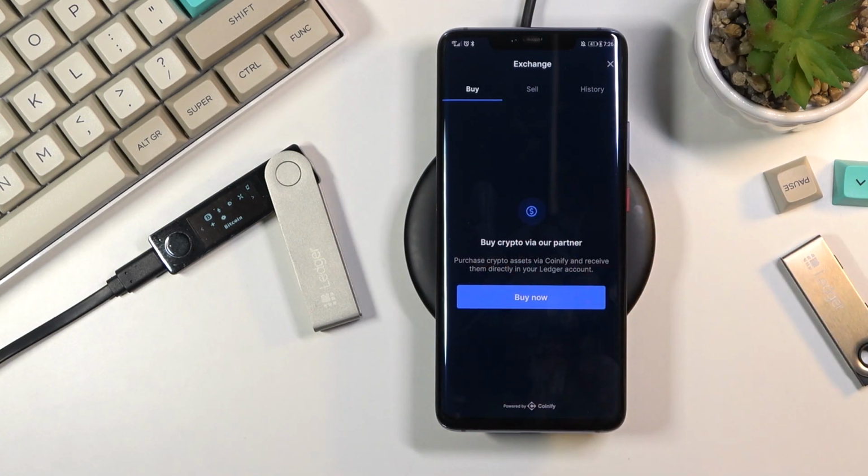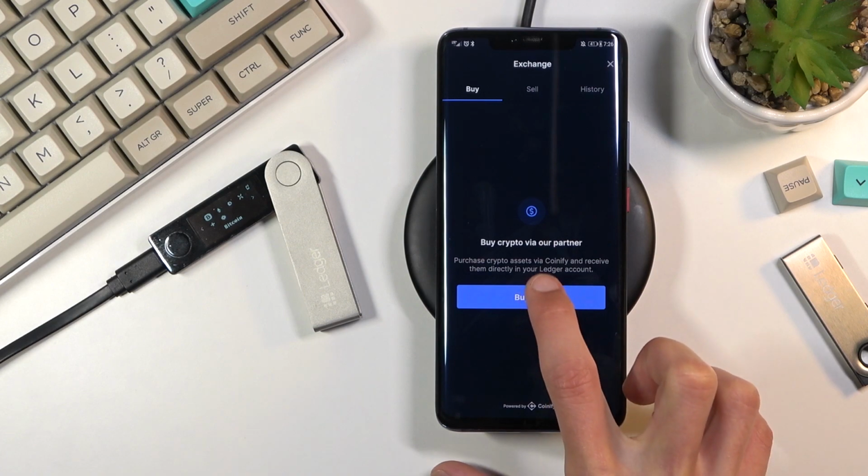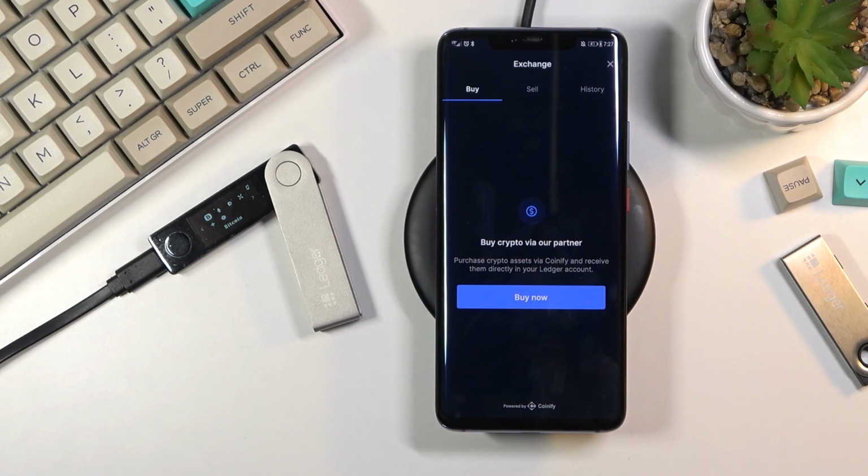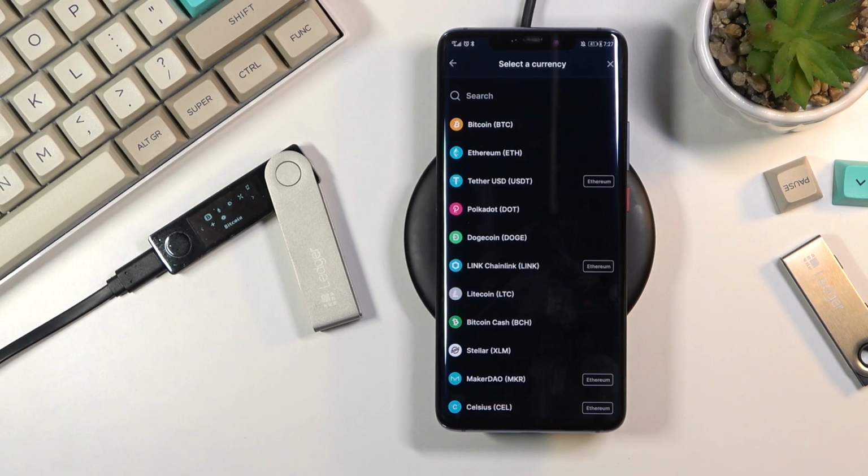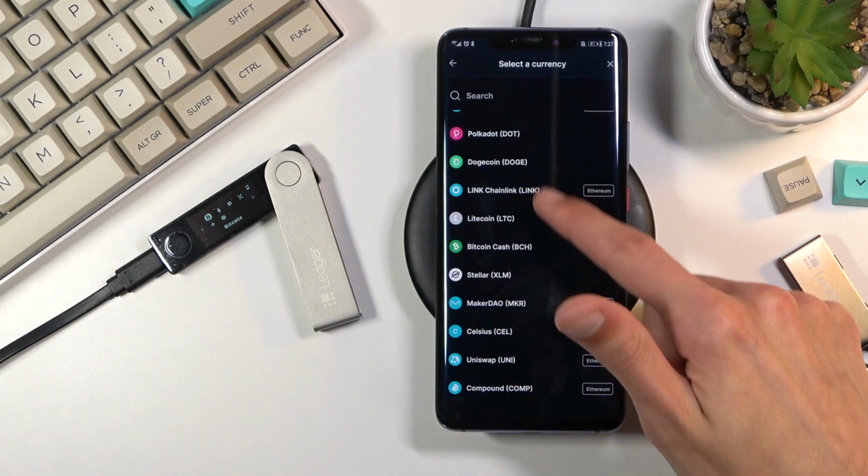If you want to buy it, it will be using, as you can see, Coinify as a source for you to basically exchange actual dollars to whatever the currency it is that you're going to choose. So select right here, buy now. This will give you the basically list of currencies that you can